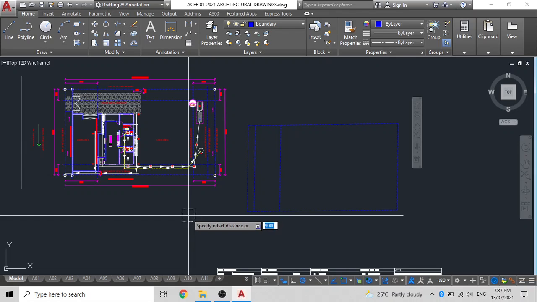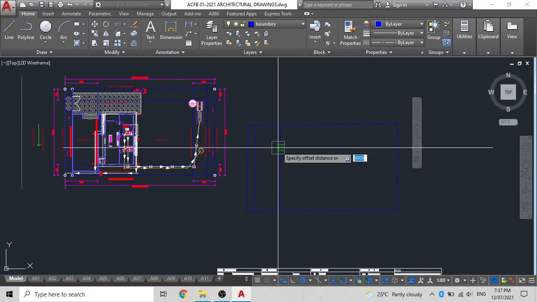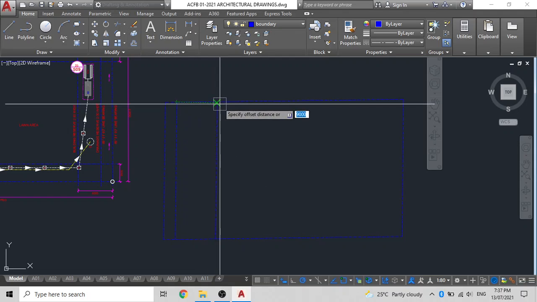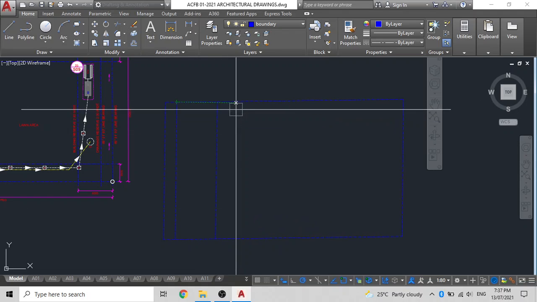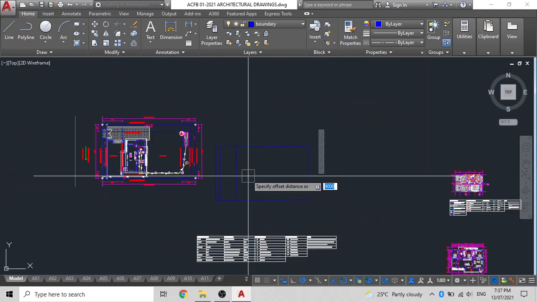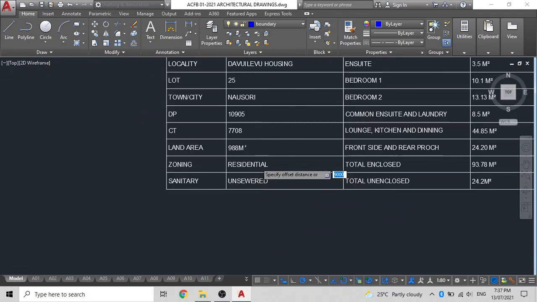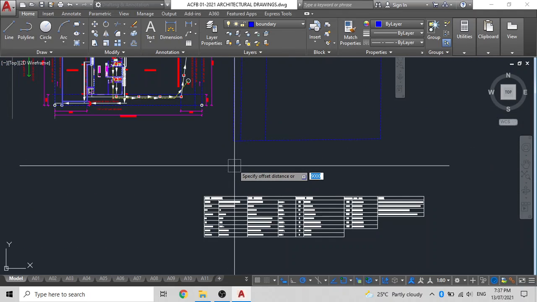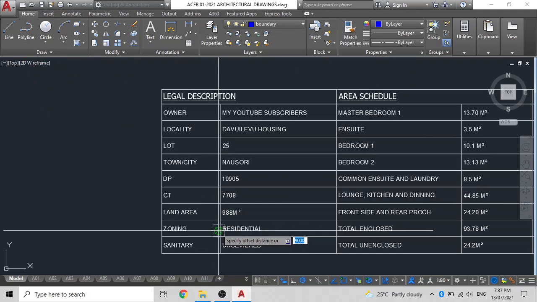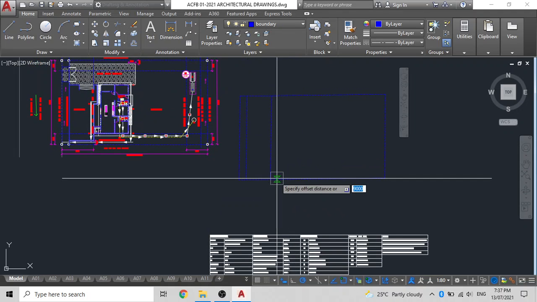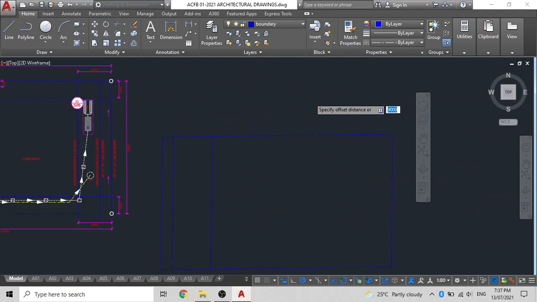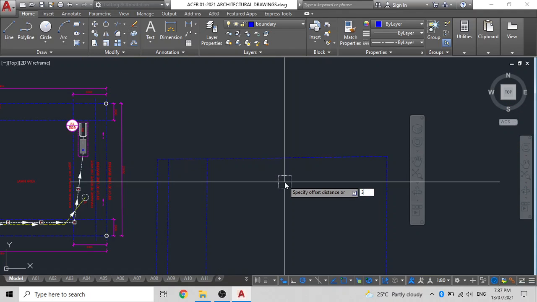at an offset of 3 meters, because as per the regulations, a 1,000 square meter piece of land should have an offset of 3 meters from both sides. Now you must be wondering that the area is 988, so there is no specific. From 900 to 1,000 square meters, the law is the same. So when you're referring to the schedule, you will have to be slightly careful. So the offset is 3 meters from the sides.